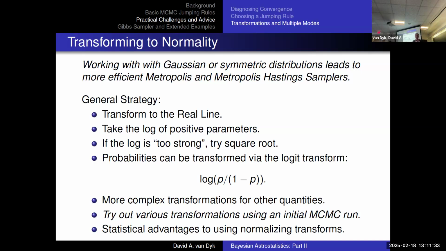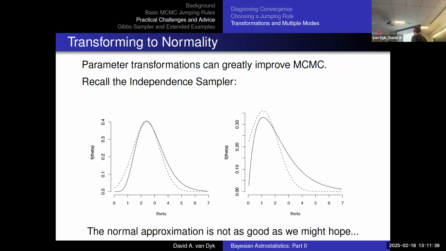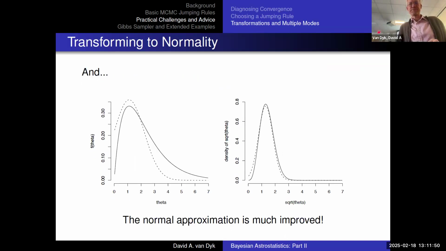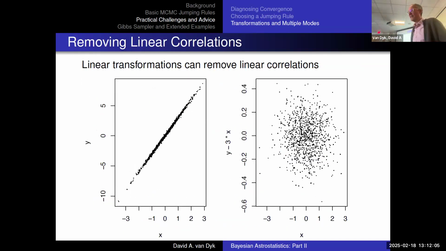Try the square root. What does too strong mean? You start with a parameter that is skewed, like say this one, and you take the logarithm, and then it's skewed the other way. So it's just as skewed, just the opposite problem. Take the square root instead. Still strictly positive, but at least it starts to look like a bell shape. Okay, so I'll leave that with you too, but these are kind of rules of thumb that statisticians use generally when they want to make things look like Gaussian distributions, because the whole world is better when things look like a Gaussian. If you have strong correlations like this one,